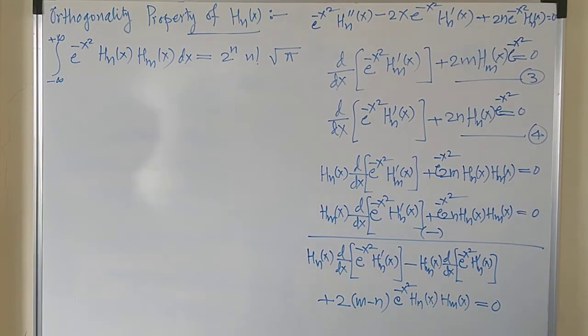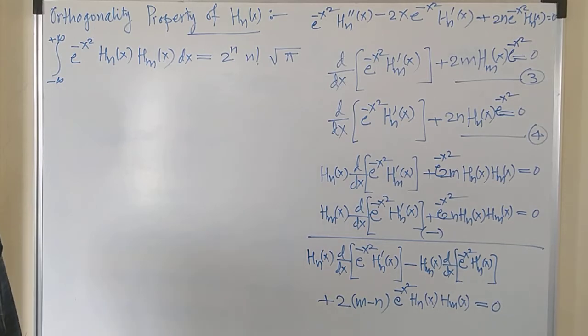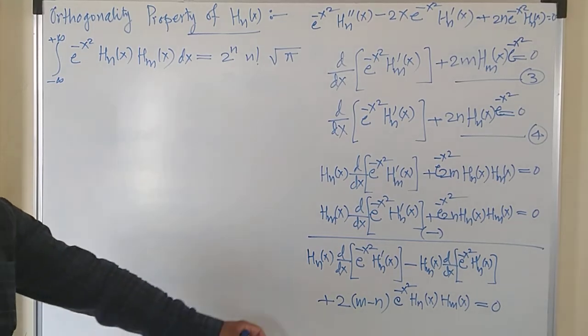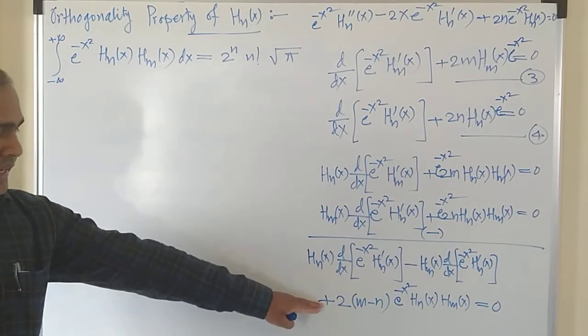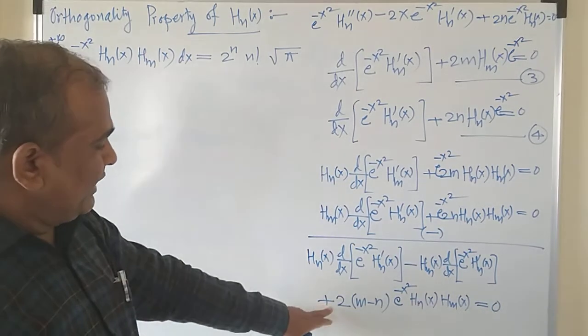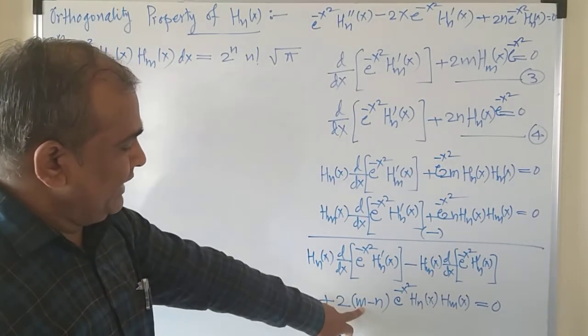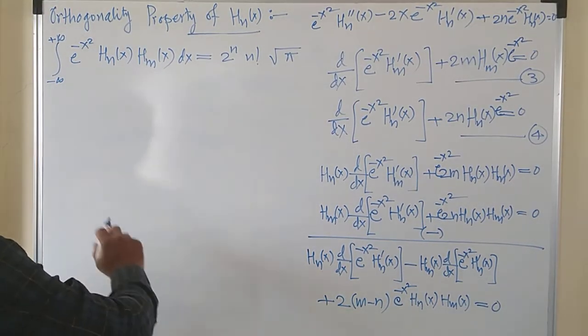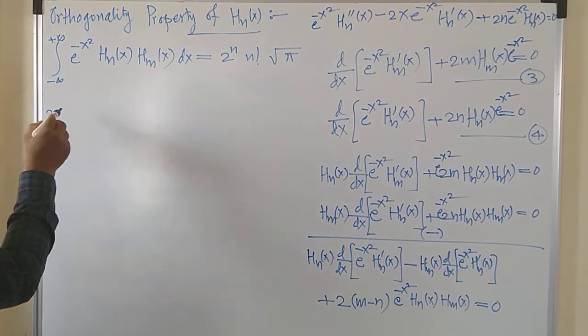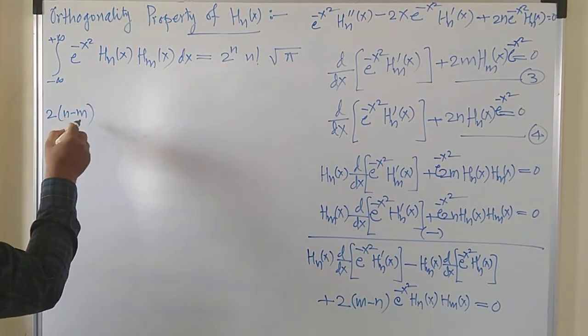So we got this one equation only, right? We got this equation, and this equation I will write now as, I will shift this on the other side, and once I shift it, I will be able to write this as a negative times, or I can write positive times n minus m. Rather than writing m minus n, I will write n minus m, right? I will do this directly, so that you will get on the other side 2 times n minus m e raised